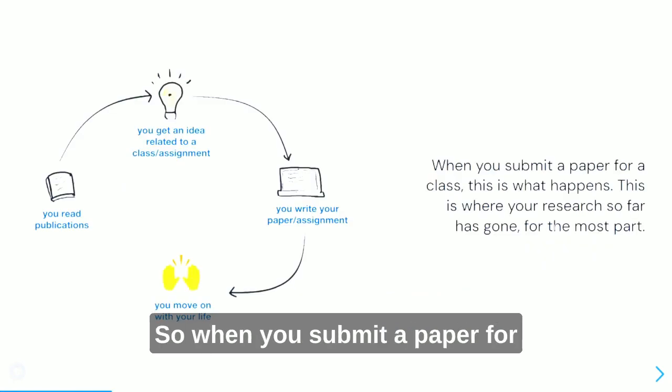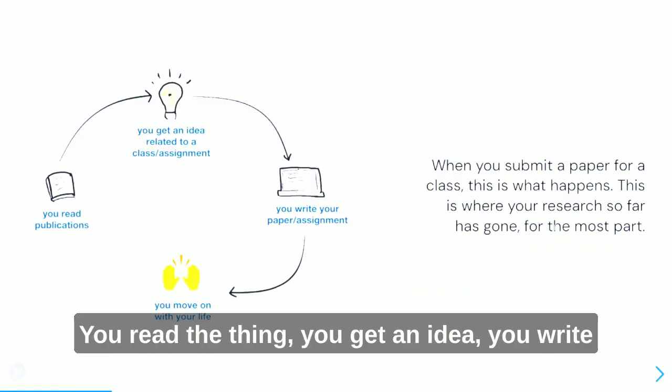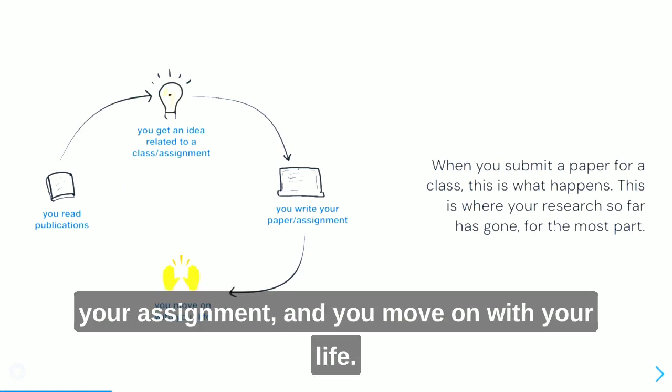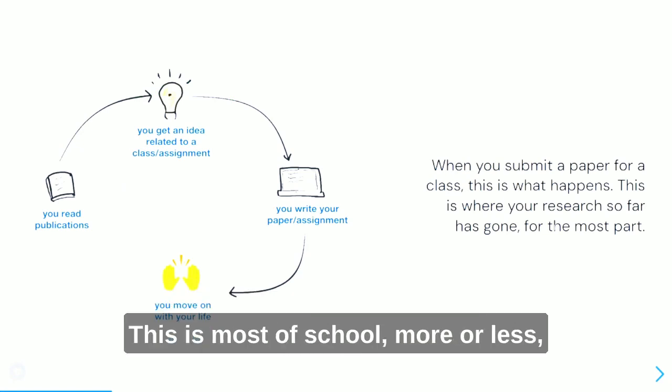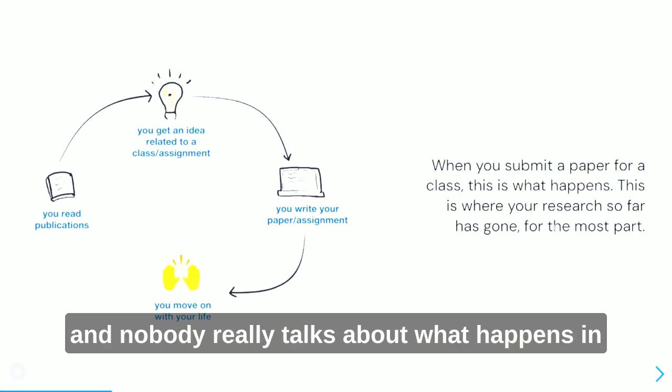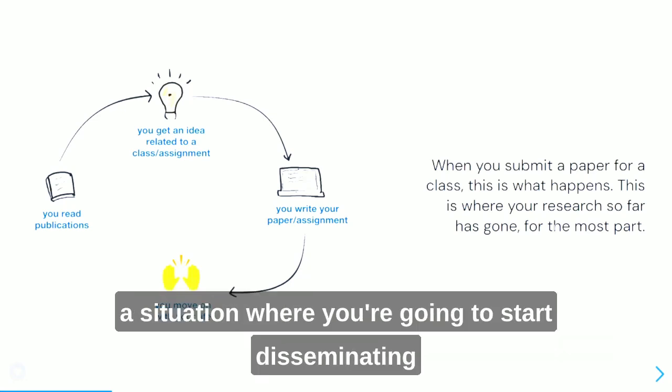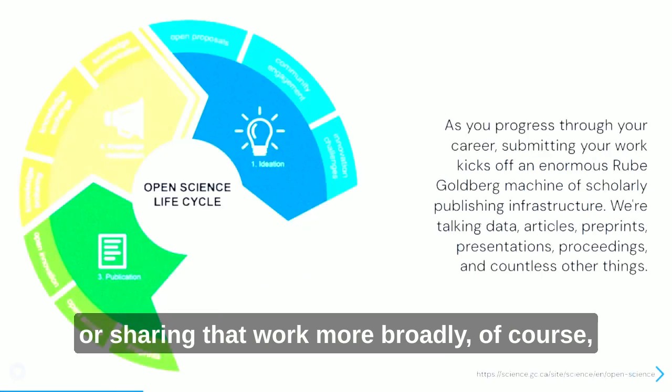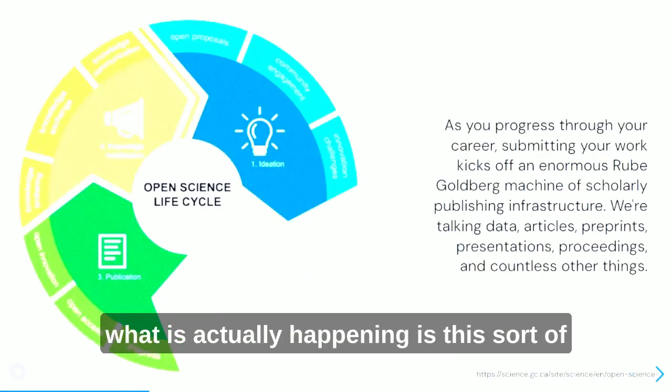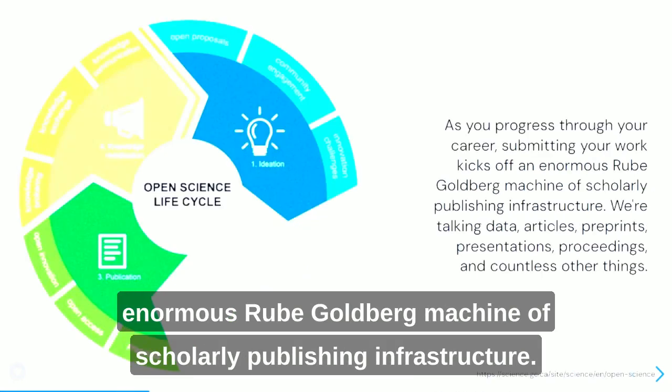So when you submit a paper for a class, this is what happens. You read the thing, you get an idea, you write your assignment, and you move on with your life. This is most of school, more or less. And nobody really talks about what happens in a situation where you're going to start disseminating or sharing that work more broadly. Of course, what is actually happening is this sort of enormous Rube Goldberg machine of scholarly publishing infrastructure,